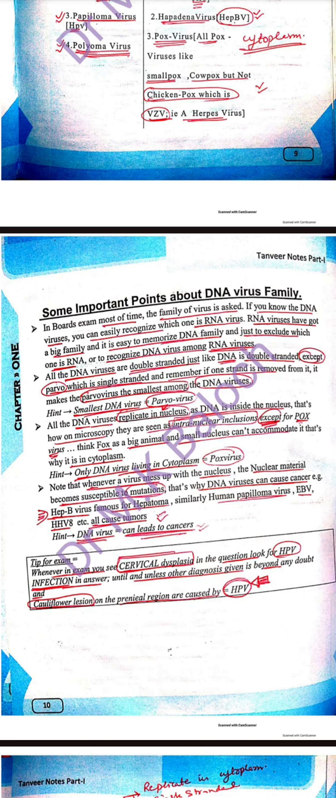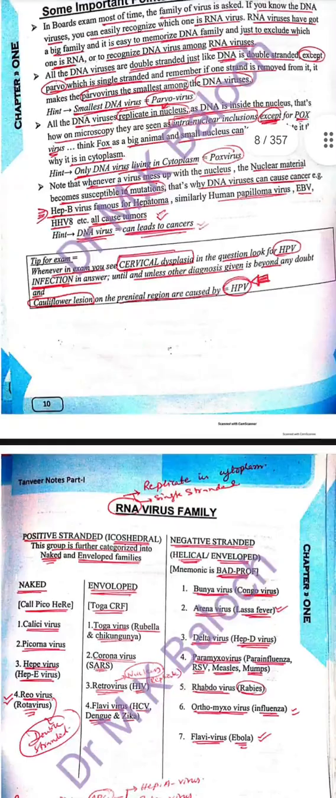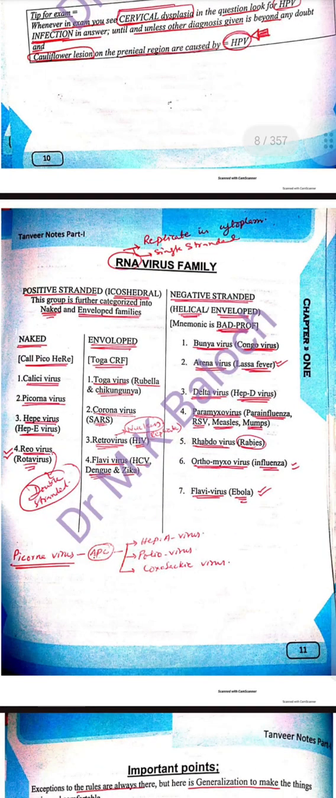Now the tip of exam is whenever in exam you see cervical dysplasia in the question, look for human papilloma virus infection in answer, until and unless other diagnosis given is beyond any doubt, and cauliflower lesion on the perineal region are caused by human papilloma virus HPV. Okay, and now we are going to talk about RNA virus,